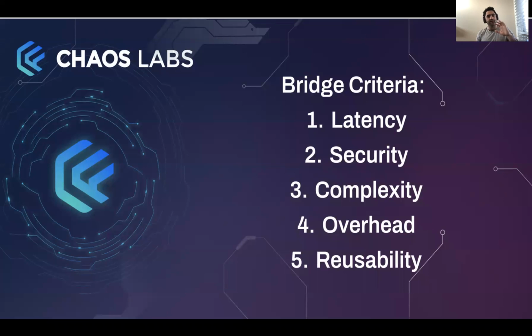All right. So we looked at how users might view bridges. They might associate a specific bridge with Anyswap or with Thorchain or to a specific blockchain. But at Chaos Labs, we take a step back. And the way we like to define criteria is by architecture. Because oftentimes the architecture is going to dictate the type of measures and testing that we want to do to ensure the security, quality, and reliability of the bridge. So for us, we look at different things, not in any specific order. If I had to, I would say security is on top.